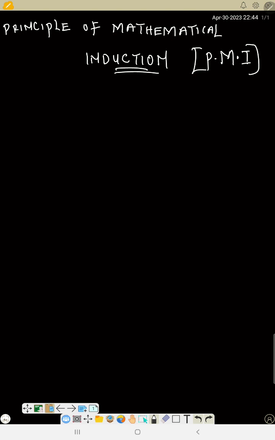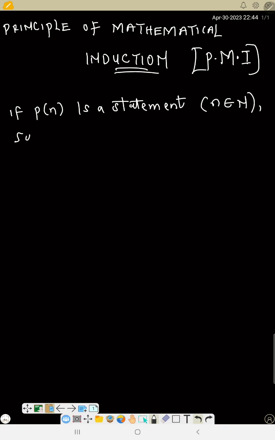So that's P.M.I. Now the principle is that if Pn is a statement where n is a member of natural number such that